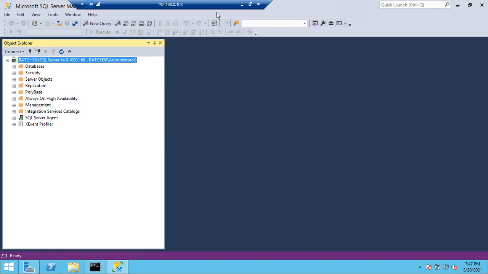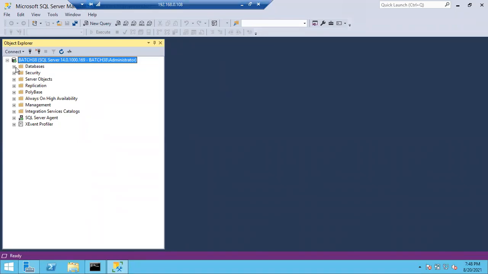So what happens if I give the same file name while taking the full backup to the same location? Yes, it will append to the existing one. Very good. So the backup set will be appended to the existing backup set, or else it will create a new media set. For the first time it will create a new backup set. Next time onwards it will append to the existing backup set. So it won't fail if you give the same name. For the next full backup, if you give the same file name to the same location, it won't fail. Simply it will append to the existing backup set.